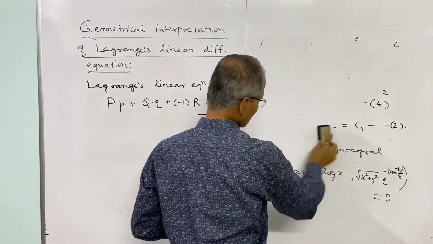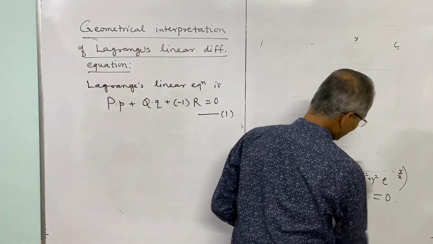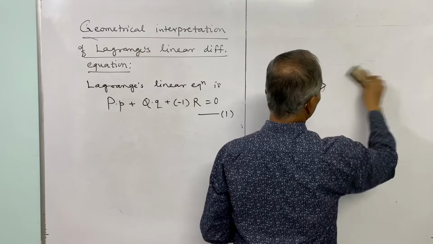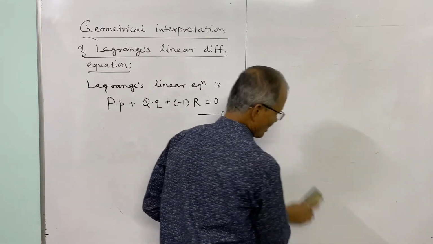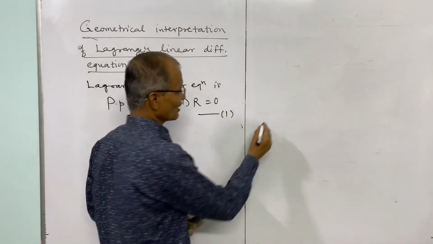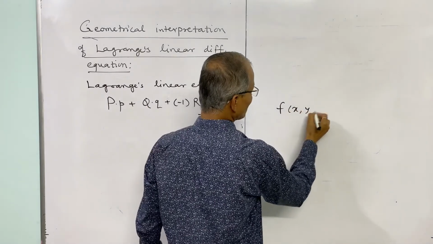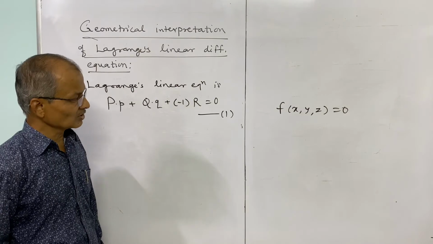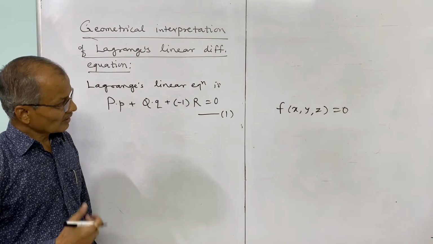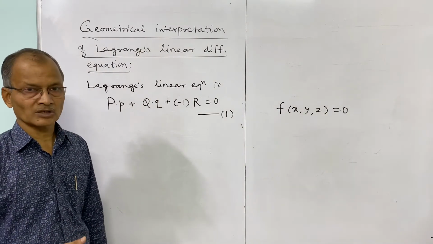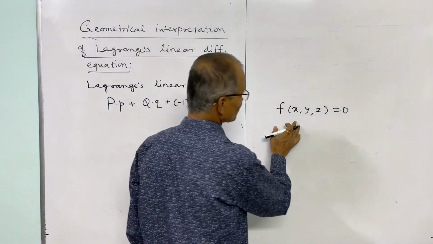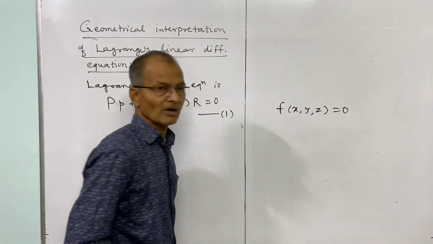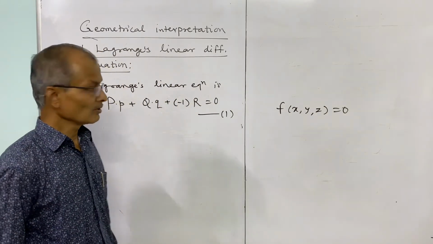Now from solid geometry, if you have a surface, this is a result from geometry, and here we should have to assume that result. If a surface is given as a function f of x, y, z, that is the equation of a surface in 3 dimensions, then the DRs, direction ratios, of a normal at any point to this surface are given by the partial derivatives of f with respect to x, y, z, that we are going to use.